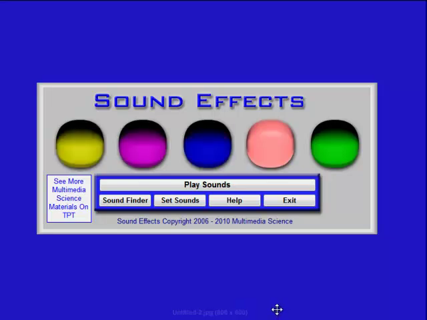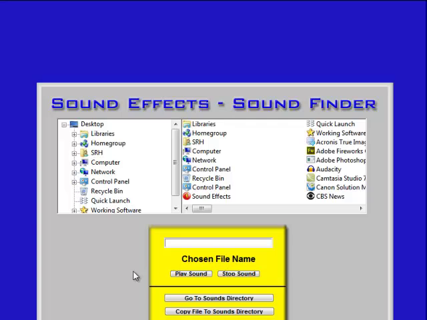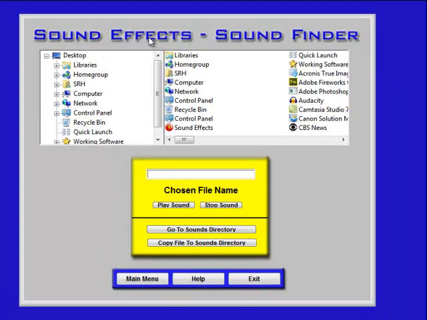Now, as I said, you have to make sure that the sounds are in the same folder as the other sounds so that the sound effect software can find them. And that's one of the reasons that I added the sound finder to the program. And this is very much like Windows Explorer. But the nice thing is that when you find your sound, it will then automatically send that file to the